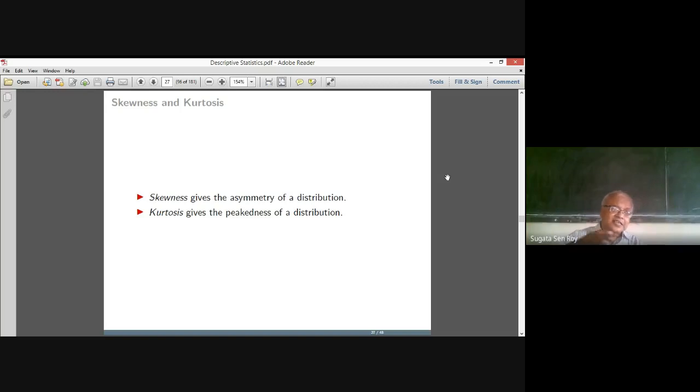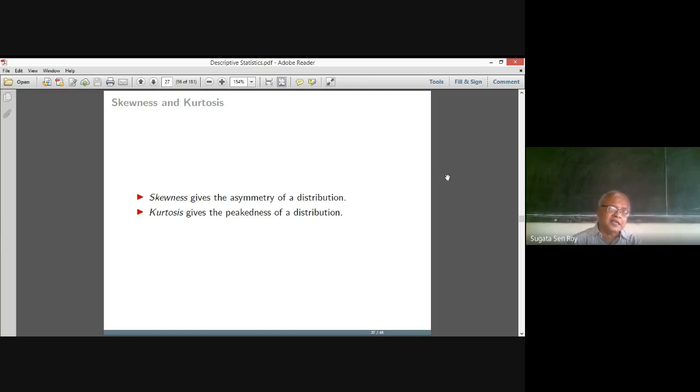Next, is it skewed, in the sense that the values lie mostly on one side of the mean, and there are fewer values on the other side? That will give you skewness. And the kurtosis will tell you how sharp it is, how many values are around the mean, and how it falls off on either side of the mean. If it falls off too sharply, we have a leptokurtic distribution. If it's more flat, that is, all possible values are